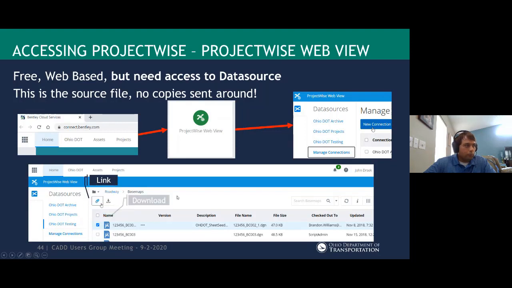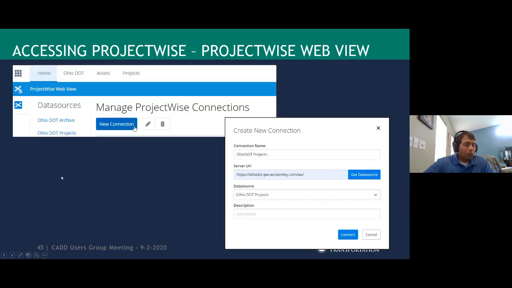Oh, look at that, I added some stuff. So link and download. For people who need the connection set up, there's the syntax. After you type this in, to get data source, you have the 3 data source options that show up. I think it checks your permission. I don't think you'll see it until you get permission, if I recall right.